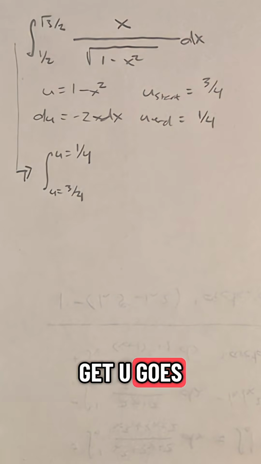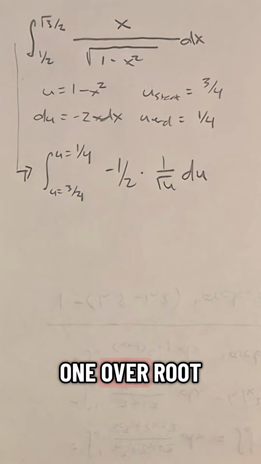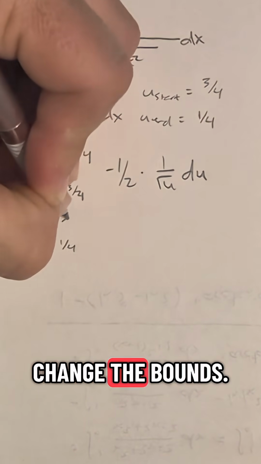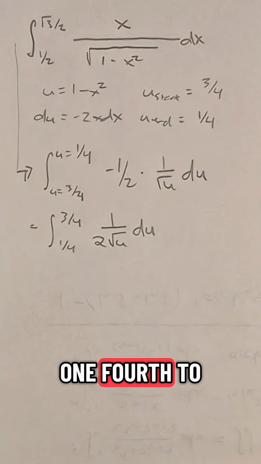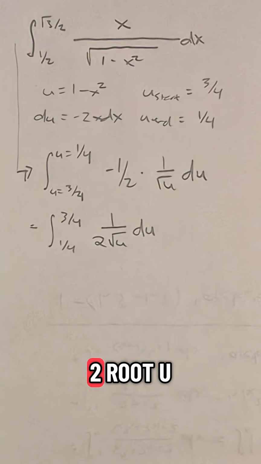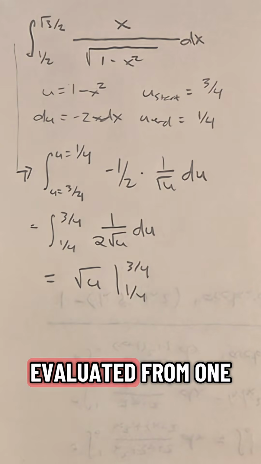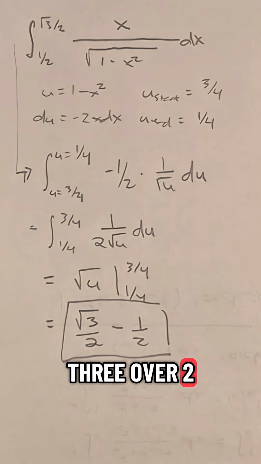So we're going to get the integral with u going from 3/4 to 1/4 of negative 1/2, 1 over root u du. But because there's that negative there, we can actually switch the bounds to get rid of that negative sign, so we get the integral from 1/4 to 3/4 of just 1 over 2 root u du. But this is an integral we know. It's just root u evaluated from 1/4 to 3/4, so we get square root of 3 over 2 minus 1/2,